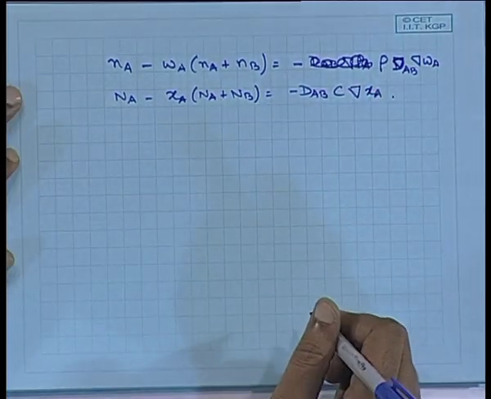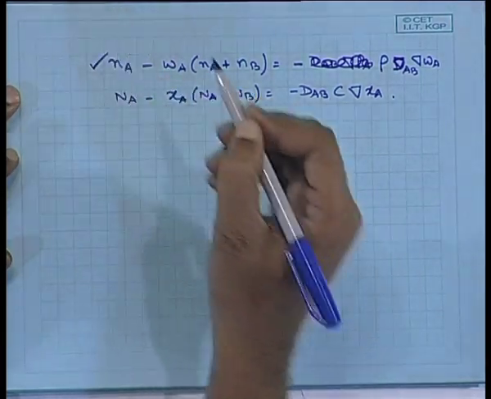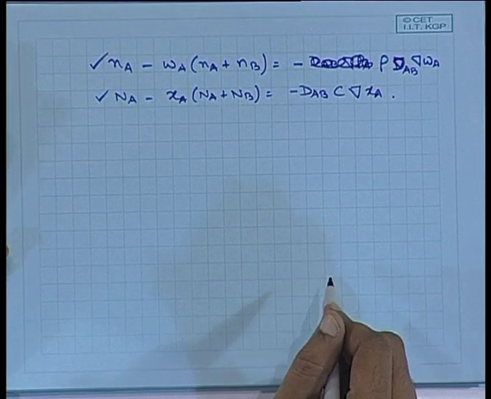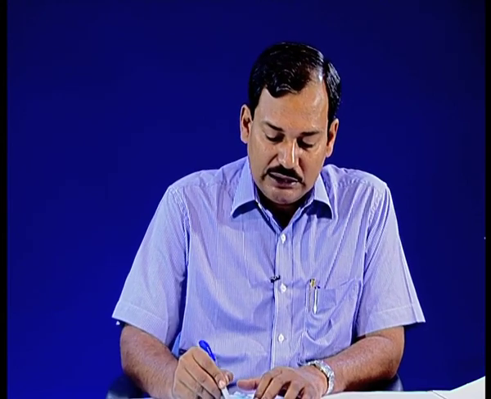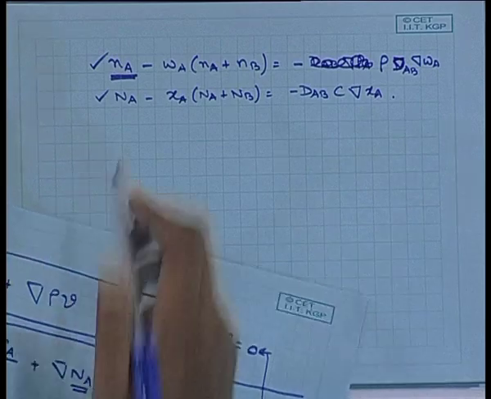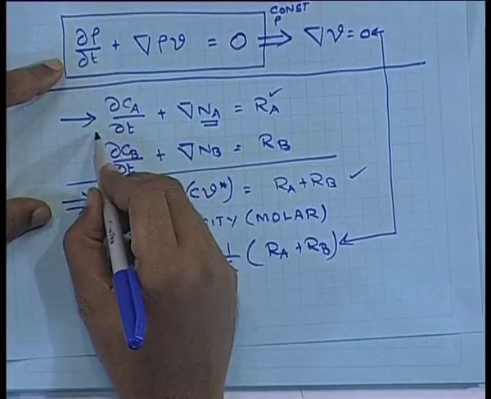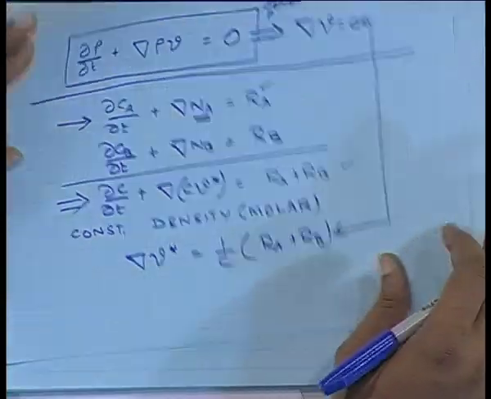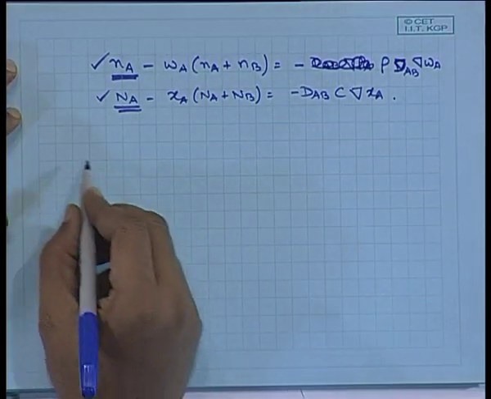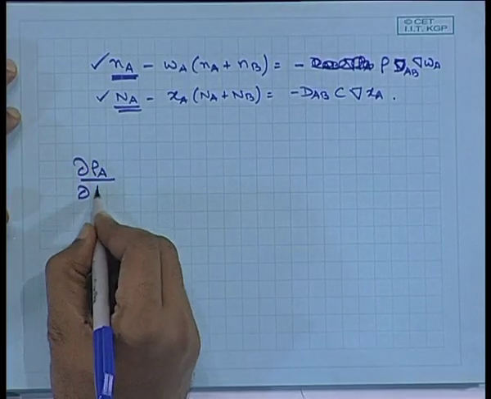So, these are the two equations which I should substitute. This I should substitute in the mass equation, this I should substitute in the molar equation. And if I do that, two completely equivalent equations of conservation of species A can be obtained. So, I am substituting this into my first equation, that is del rho A del t and all plus small n A, and I am substituting capital N A into this equation, which also I have obtained using similar approaches. So, once I do that, two completely equivalent general equations are obtained, which are del rho A del t